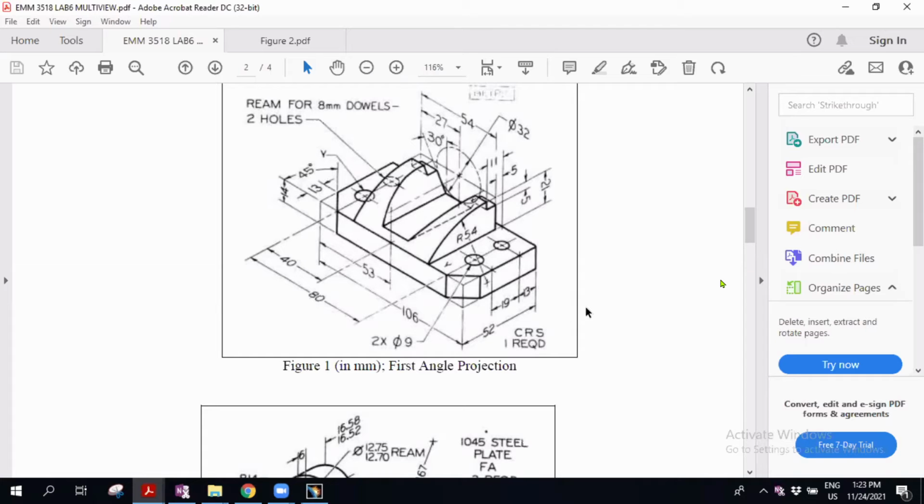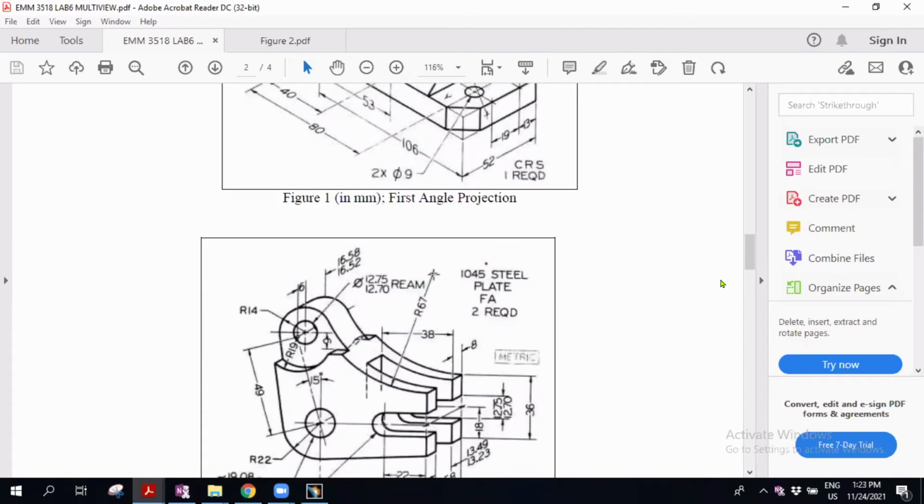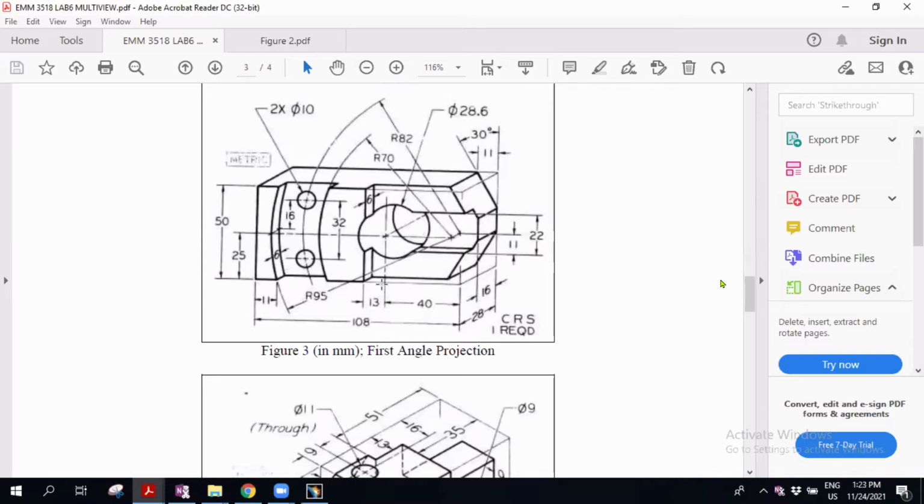You cannot select the right view here. This one has two options. What we can see is a top view. So you can select the front view from here, or you can select from here as a front view, because it represents a lot of things here.